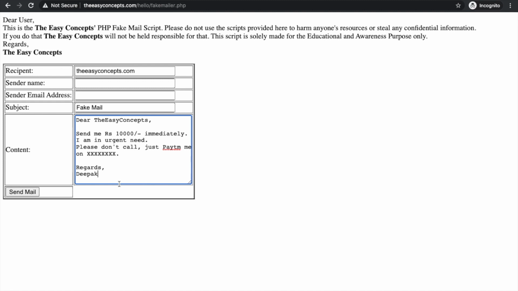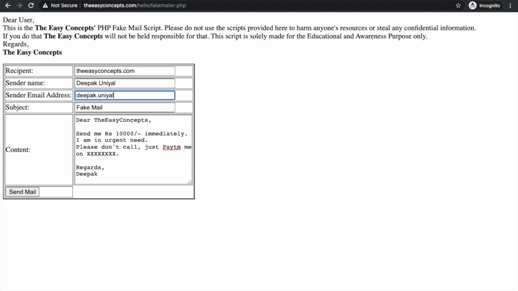Here is the message, and that is actually a fake message, or you can say it's a fraud. You also might be receiving some fake mails in your mailbox on a day-to-day basis. So always keep that in mind and do not respond to these kinds of mails. What is important about this box? We have included everything that was available in a normal mail, but we also have the sender's name here. So I can write my name, and then I can write the sender's email address.